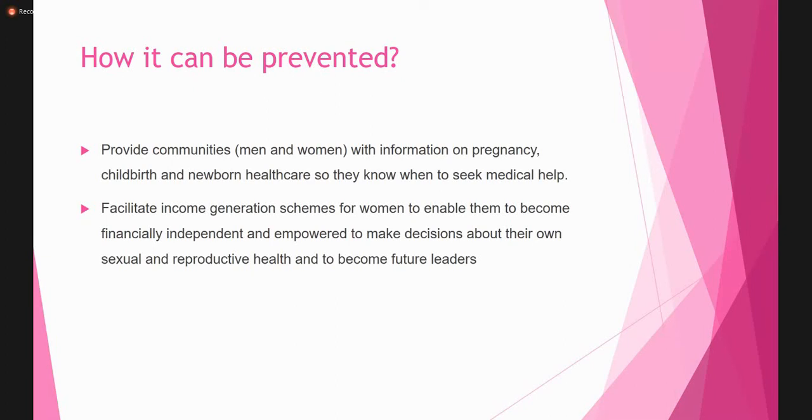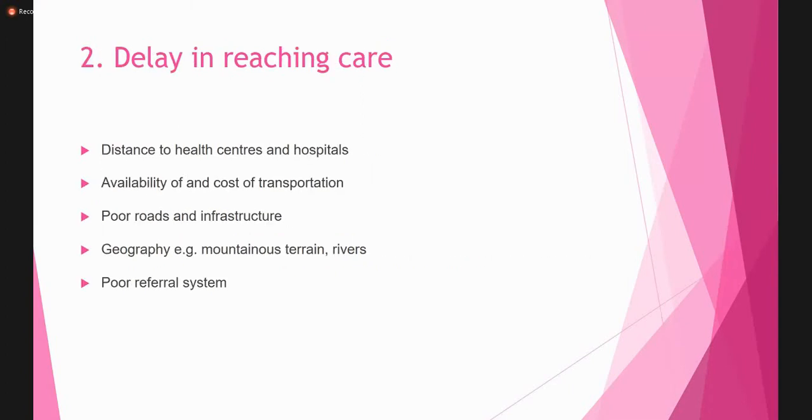We can prevent the first delay, about the decision taking, by providing information, by giving health education to the females, to the families, and then facilitate the income generation among females so that they are independent in taking their decision. Delay in reaching the care: the distance to healthcare centers and hospitals, the availability of the cost of transportation,